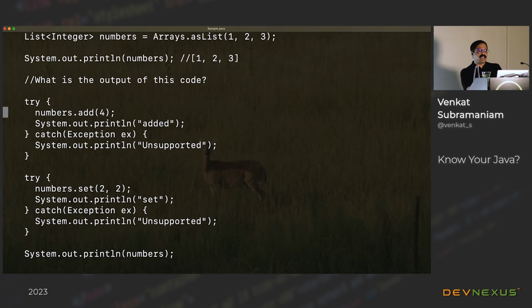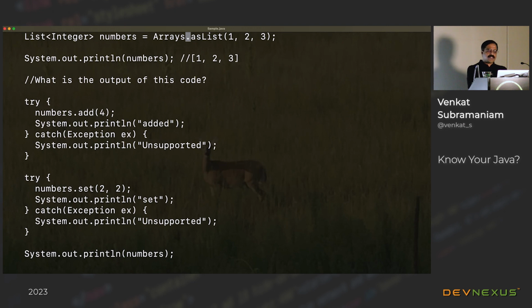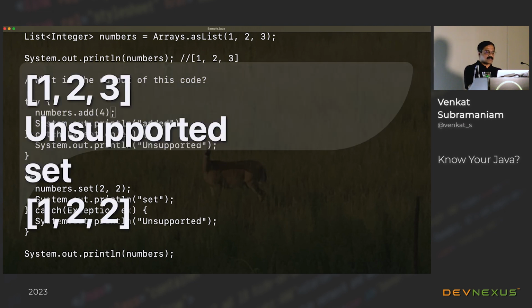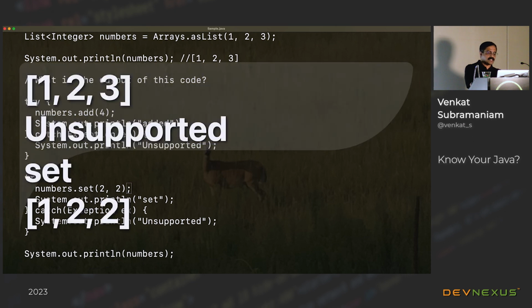And if you're like me, you walked away thinking that the array list created by asList is immutable. And this is unfortunate because I came to know it is not, when somebody else pointed it out, I'm like, really? And that's really annoying when you figure this out, but that's exactly what happened in this particular case. So the answer here is, when you call the add function, the add was not supported, so it blew up with an exception. But when you call the set function, it did modify the collection at that location.